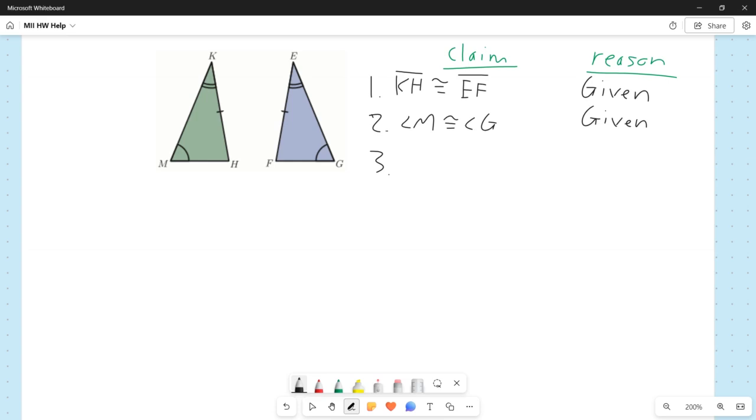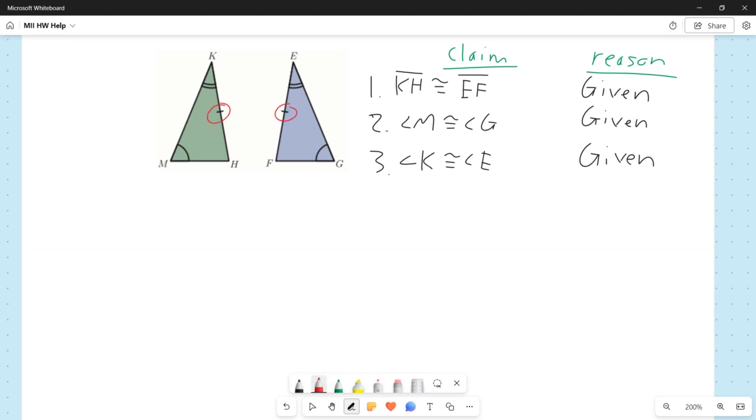Our third statement is that angle K up top on the left is congruent to angle E on the right. You can notice it has two curves at the angle. And the reason that we can say this is that, yet again, we're given this information. So we're given a whole lot here. Notice that now what I have is two pairs of congruent angles and one pair of congruent sides,